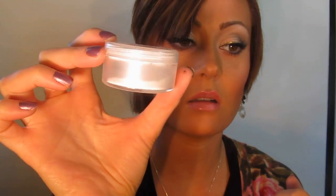This does have a rice powder in it. I'm using this one all up. I already bought a second, super, super enjoying it. It does give a little sheen to the face, so it makes you look really healthy. I like that a lot. I know for some of you looking for matte powders, I'm trying to try different things,